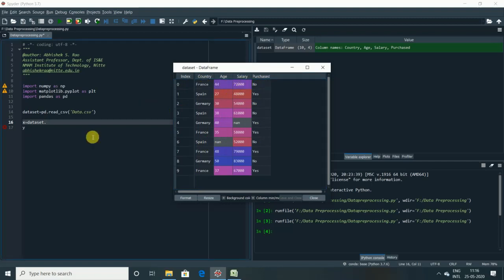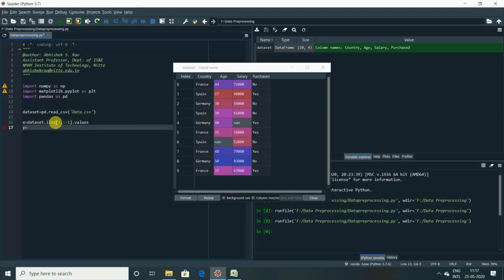That means I need to write it this way: dataset dot iloc, that is locate indexes. I need to select all the rows, that is colon, comma, all the columns except the last column, that is colon minus 1, and dot values, right?